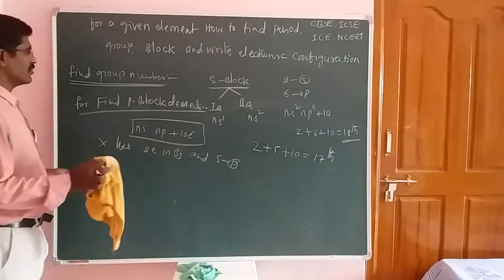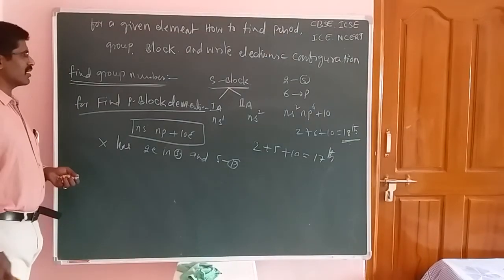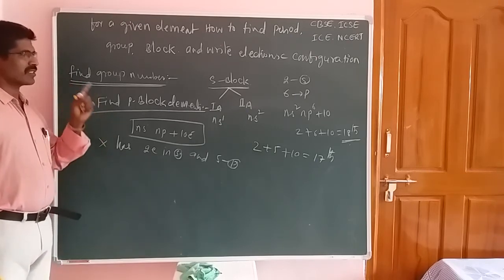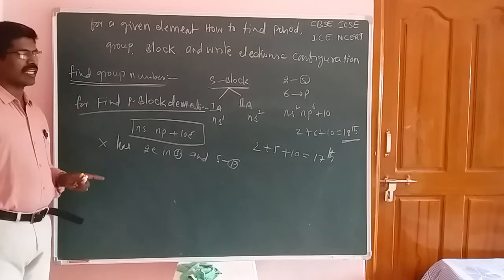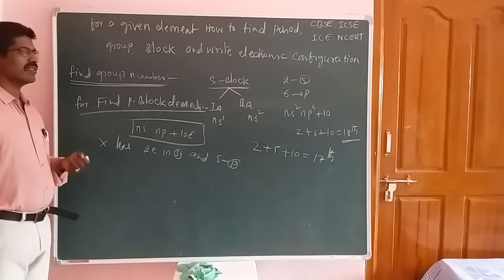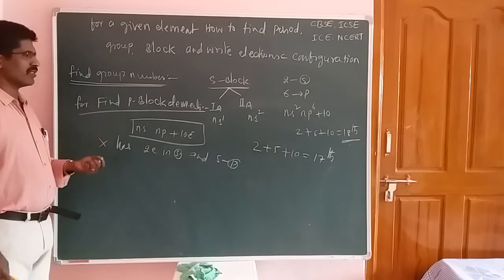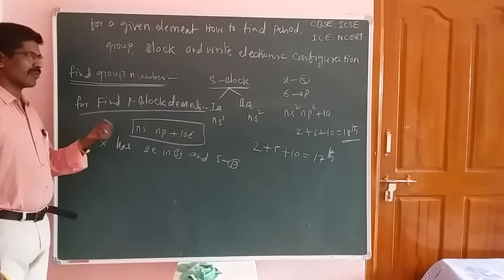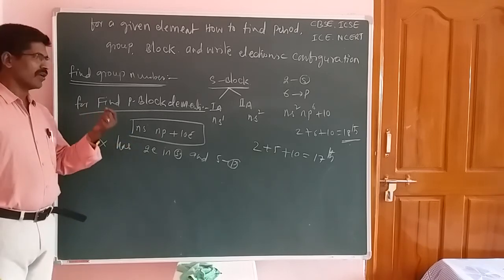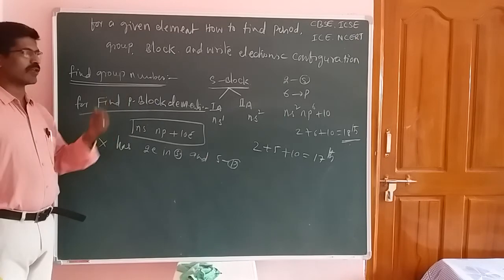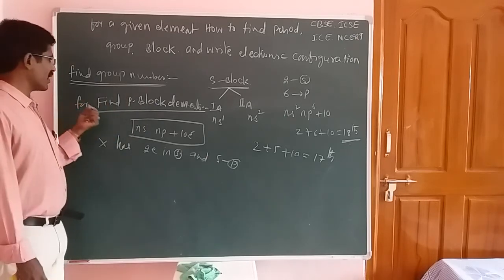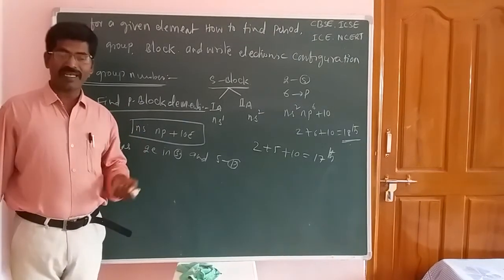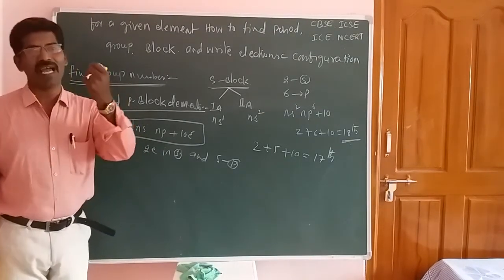By using these principles, how to find first the period number and next the group number in a group. First of all, we have to learn about s block elements and next p block elements. For the s block, based on the question, check how many electrons are present in the s orbital. Depending upon the number of electrons in that s orbital, you decide first A group or second A group elements. Next, the principle for p block elements: ns electrons and np electrons plus add the number 10.